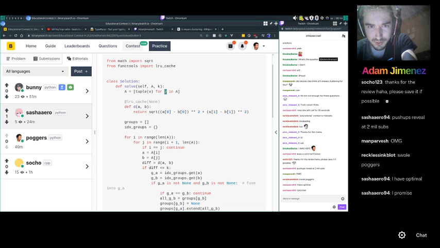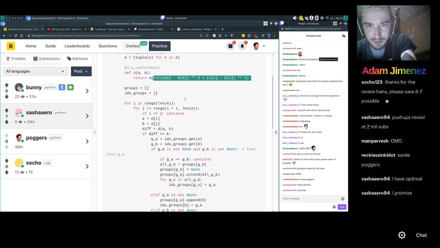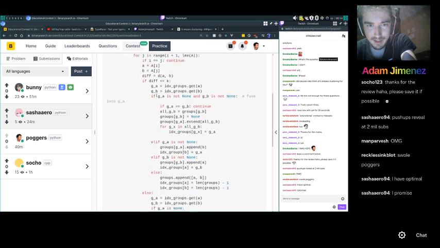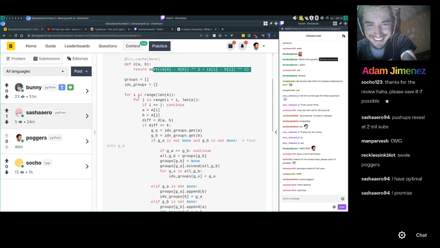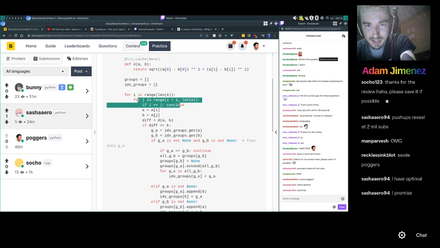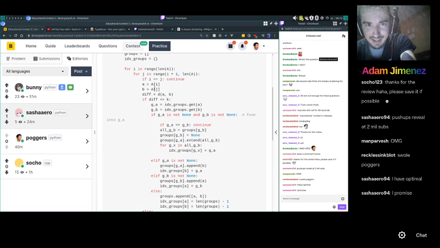So you transform the points into tuples. This is the distance between 2 points. Oh boy, okay. So for every point, you look at the points after it. Then you check the distance.